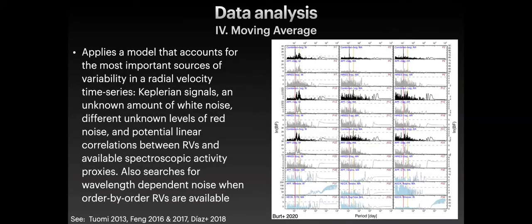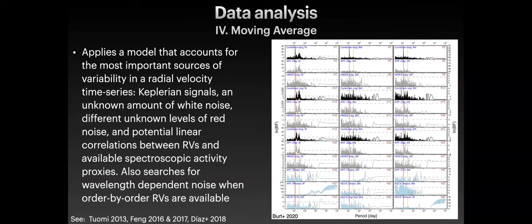One of the most prolific planet detection methodologies of the past decade is the moving average approach, which applies a model built around the understanding that RV data contains a variety of signals, just like we've been talking about so far. These models include Keplerian signals to account for exoplanets, white noise signals to account for photon statistics, red or correlated noise to account for stellar variability, and then the option to fit for linear correlations between the RV data and available spectroscopic indices. The results, as you can see in this Bayes factor periodogram, is a comprehensive analysis that